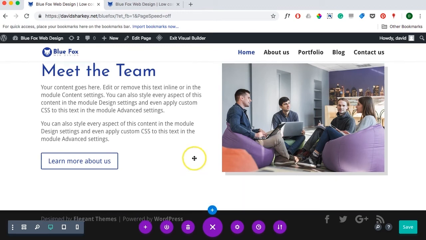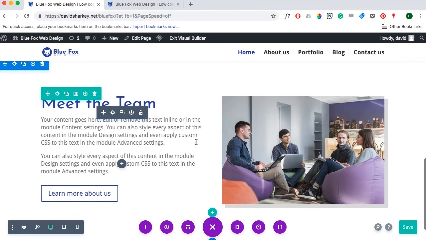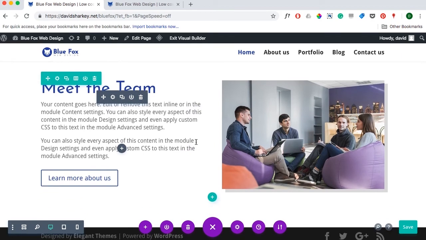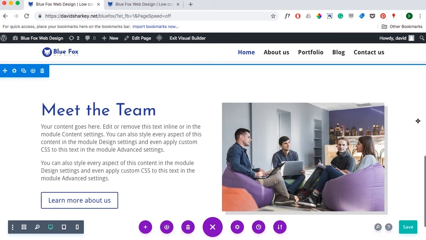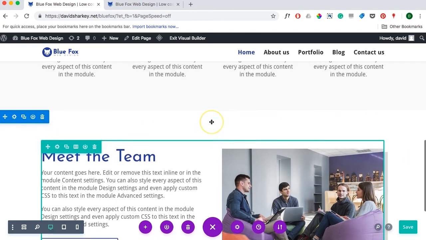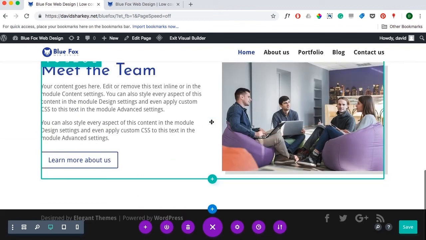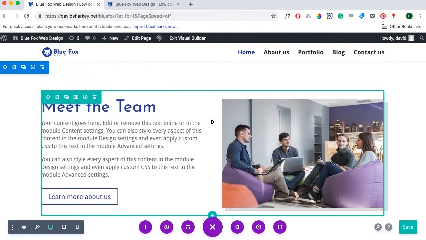about 90 again. So there's no hard and fast rules for spacing and for padding, sometimes you just have to eyeball it and just kind of get a sense whether there's enough space. I think that's looking pretty good. We can always adjust it at a later date if we feel that we need more spacing. But I'm happy with that section for now. If you're happy, press Command or Control S to save your work, and I will see you in the next